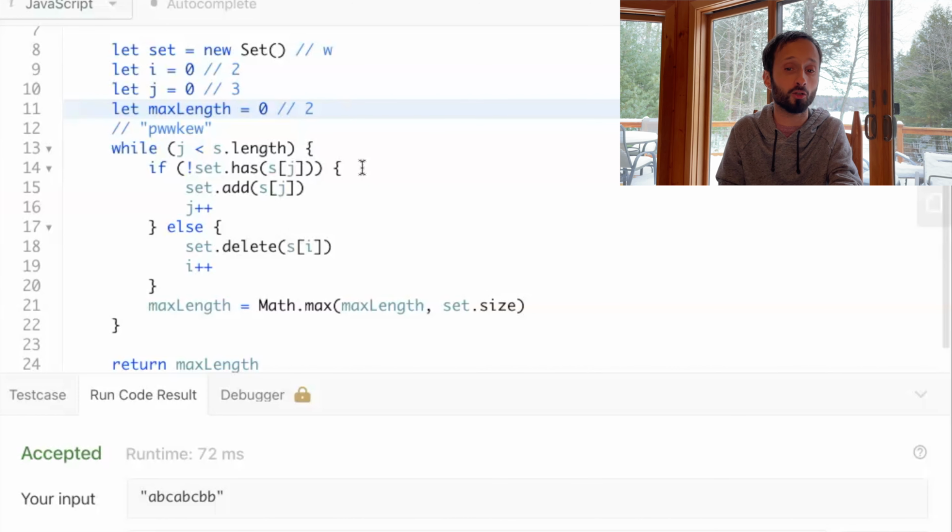Going back through the while loop, we check. Does this set have s at 3? It does not. So we add a k to the set, and we increment j. Now j is 4, and we say that the max length 2 is not greater than the set size of 2, so max length remains 2. Going back through again, does the set have s at 4? Well, s at 4 is e. It does not. So we add e to the set, and we increment j,